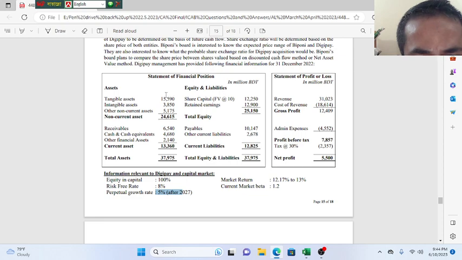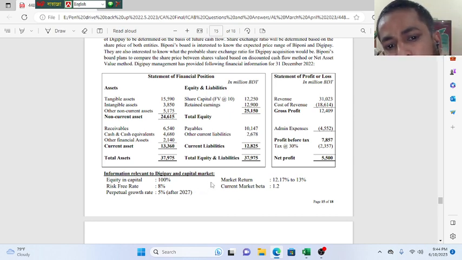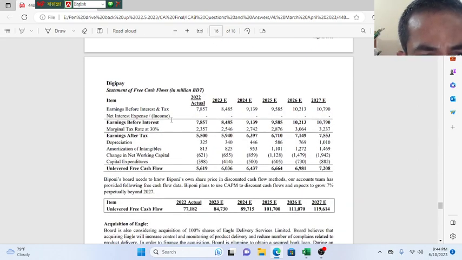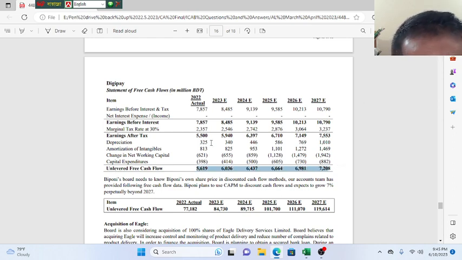Information is given there. The target company's balance sheet and P&L are there. 25,150 we will use for NAV, and net profit 5,500, and other information such as perpetual growth, risk free rate, and market return will all be calculated and put down for our CAPM calculation. For DGPS, the future cash flow and unlevered cash flow, what we have said already, 6,600. We will just use the last line